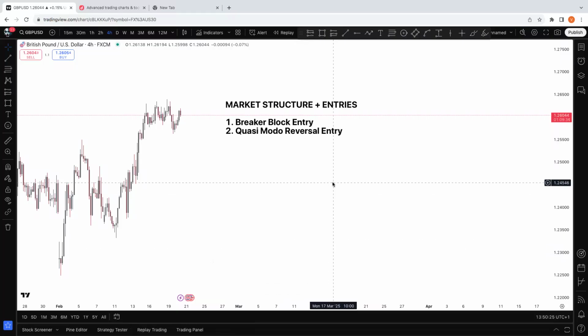Sometimes price ignores order blocks, which most traders use as their entry models. In this video, I'm going to show you how to use breaker block and Quasimodo reversal entry, right? When you have an understanding of multiple entries, you're no longer going to miss trades, because we can have a situation